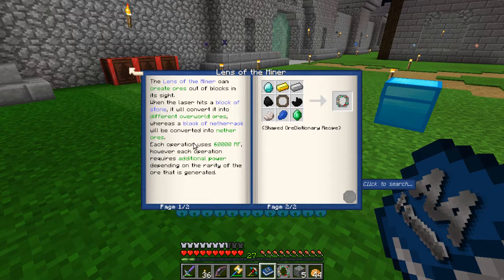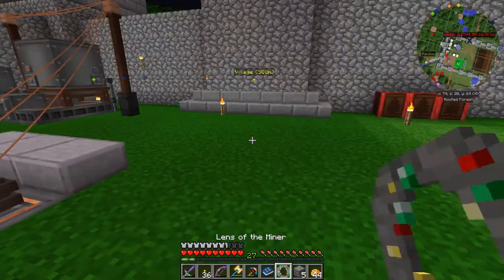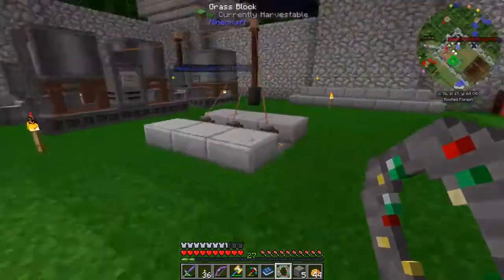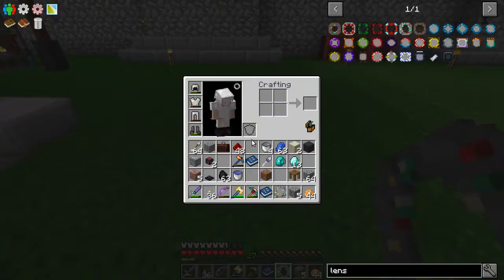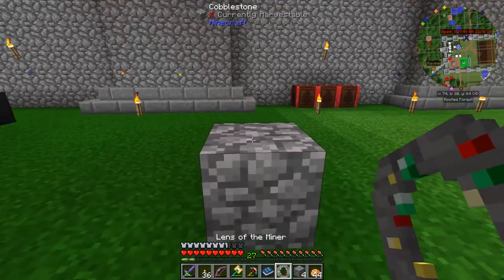Okay, and it uses power, so it's going to take 60,000 RF for each operation. So obviously we're not going to get very much out of this thing to start with, but it should give us something. So do we mount this? I mean, what do we do here? Do we just mount this on a block or something? I don't even know. Unless we have to mount it onto a...